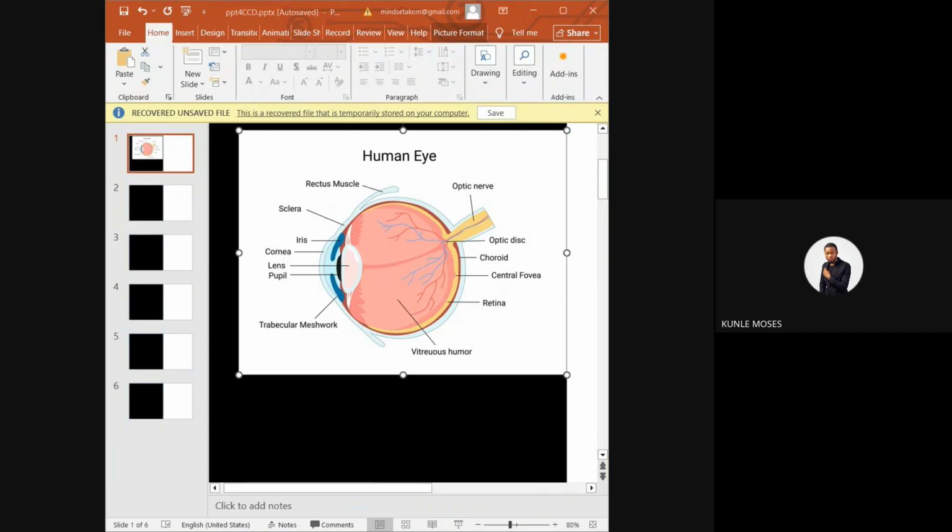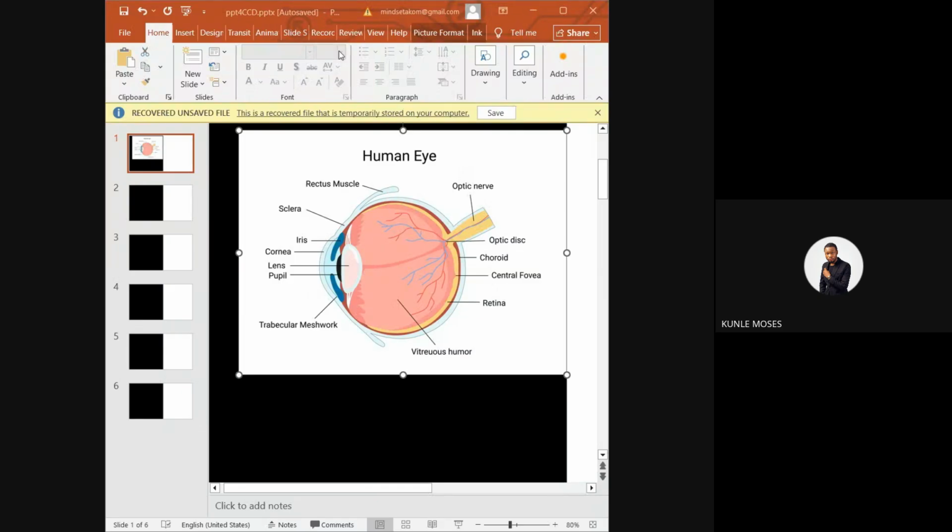So this is the diagram. I believe you can see it on your screen, Abby. This is the diagram of the eye. You can see different organs. Please after the class, I want you to go and know all the functions of all components in the eye and how they relate to each other. They can ask you the component of the eye that allows light to enter. That is the cornea. So let's just start from there.